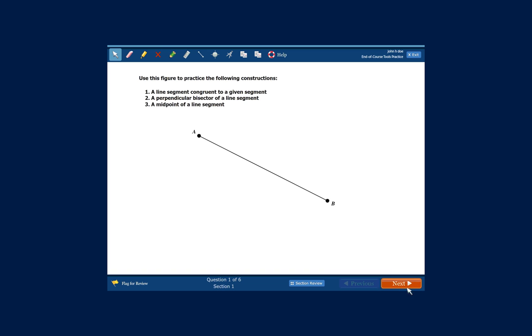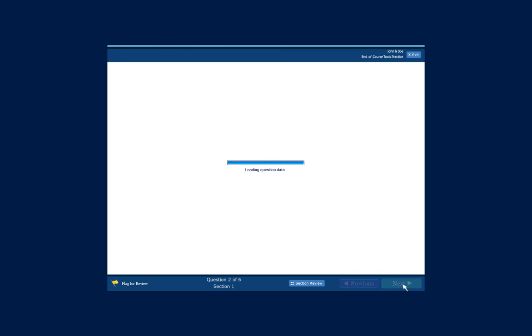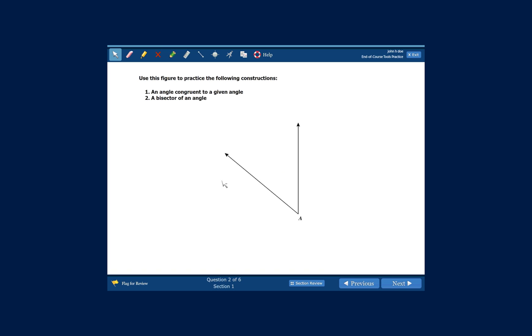And we will need to start with a given angle, so we will use this screen. We want another angle that corresponds and is congruent to the original angle. We are doing this right now, an angle congruent to a given angle. So you have to start with something. You'll be given an angle,